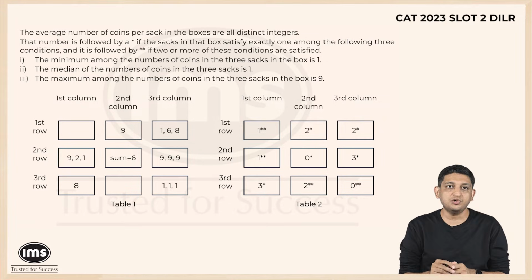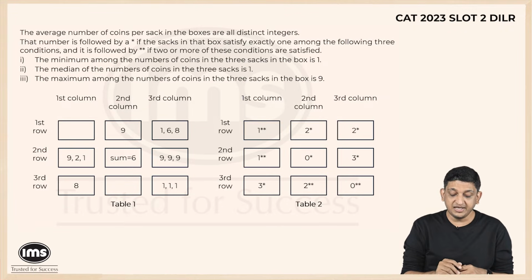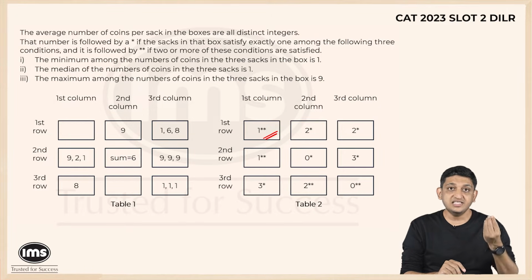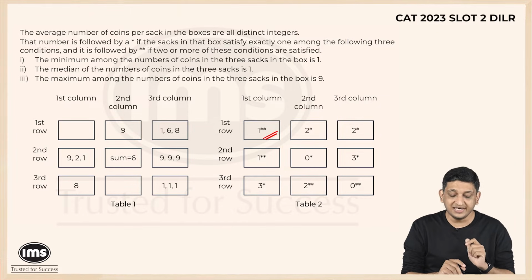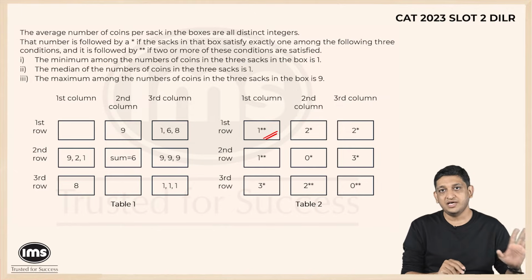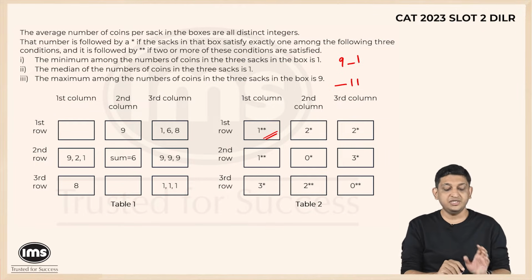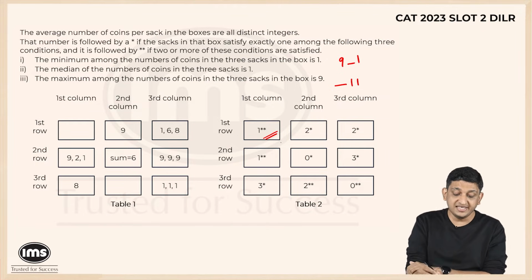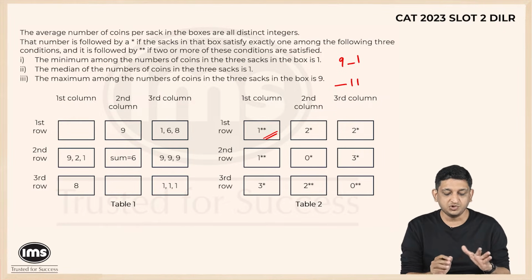Now the next bit that we can go to in this particular context is we can again look at the numbers where we have 2 stars. Now if you look at 2 stars, again that will be a revelation to you. So let's say for example we are looking at this box wherein we have 1 star star. What does that mean? It tells us that there is one box which is greater than 5 and there are 2 conditions that are satisfied. Now what are the 2 conditions that are satisfied? Again, as we looked at it, whenever someone tells you that 2 conditions are satisfied, either it will be in the form of 9-1 or -1. So these are the only 2 cases that are possible. I also know that there is exactly one box which is greater than 9. So that is also something that we know in this particular context, right?